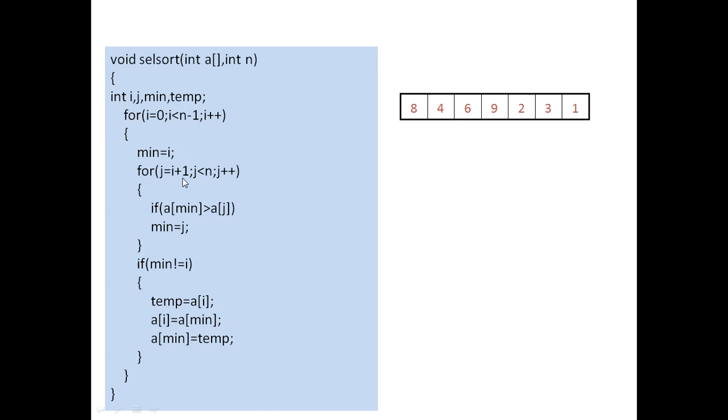The inner loop starts from i plus 1. So this will be the position of j from where it starts in the very first iteration, and it iterates till the end of the array elements, moving from 4 till 1. Then inside, it is comparing: if a of minimum position is 0,